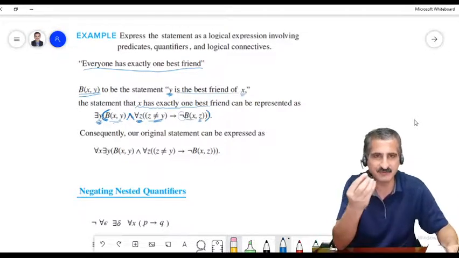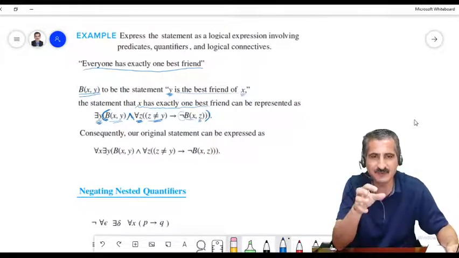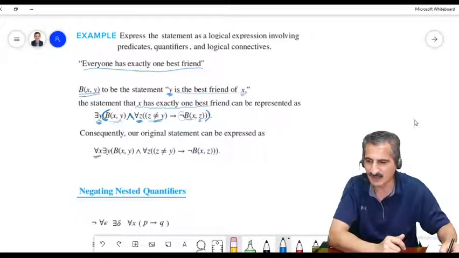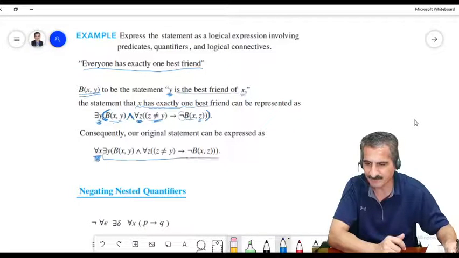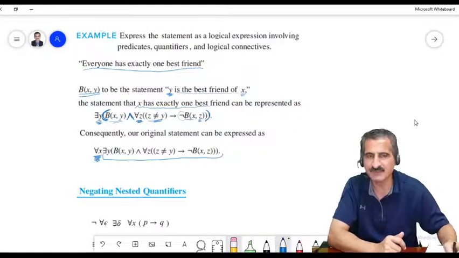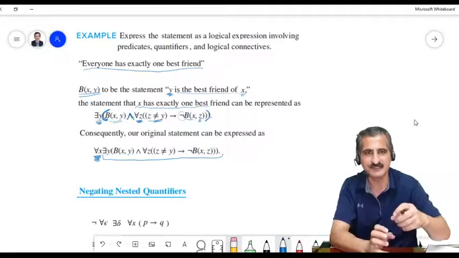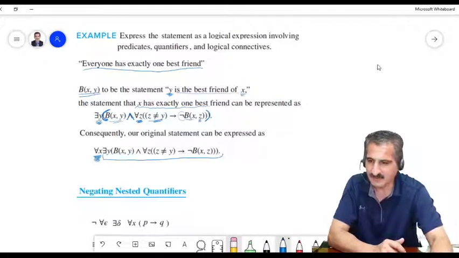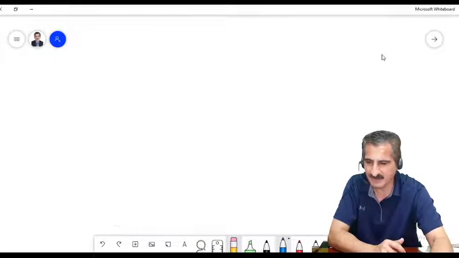This is happening for a specific x. Now we want to say this happens for everybody. So we will say for every x, this is happening. And now we got every x has a best friend. Okay. Now the last part is to negate